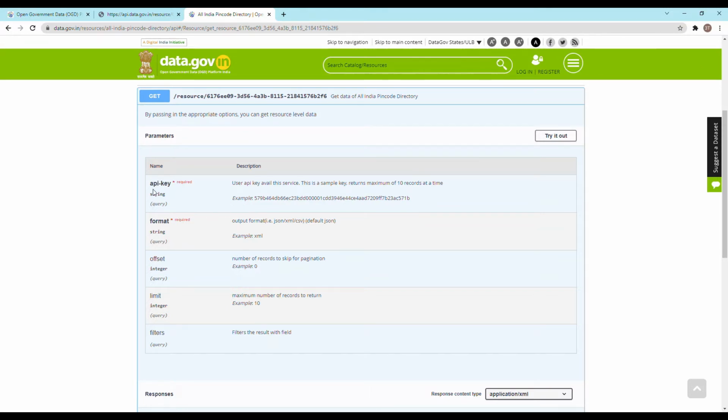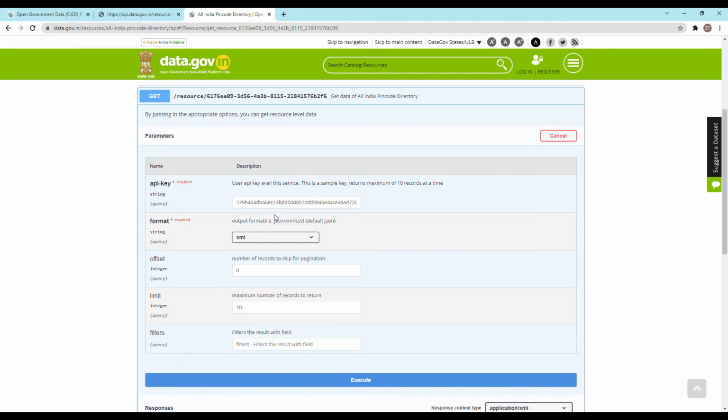You can generate it on the same website, or you can use the example provided here. And format is the output of your API. If you want it in XML, CSV or JSON, whichever you want, you can select it.